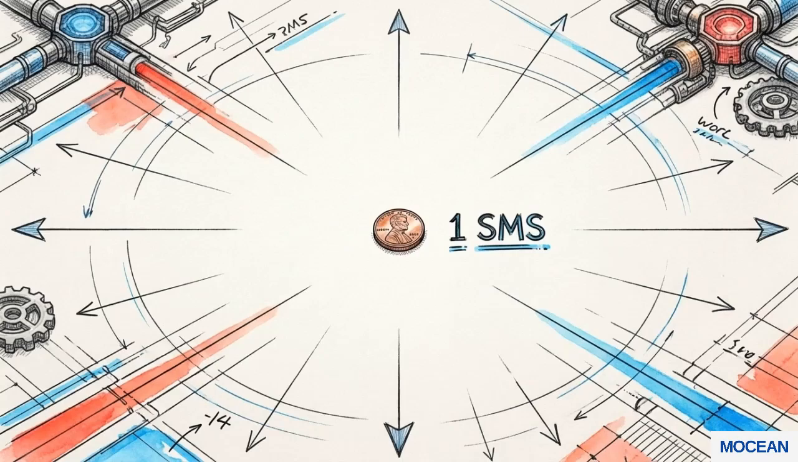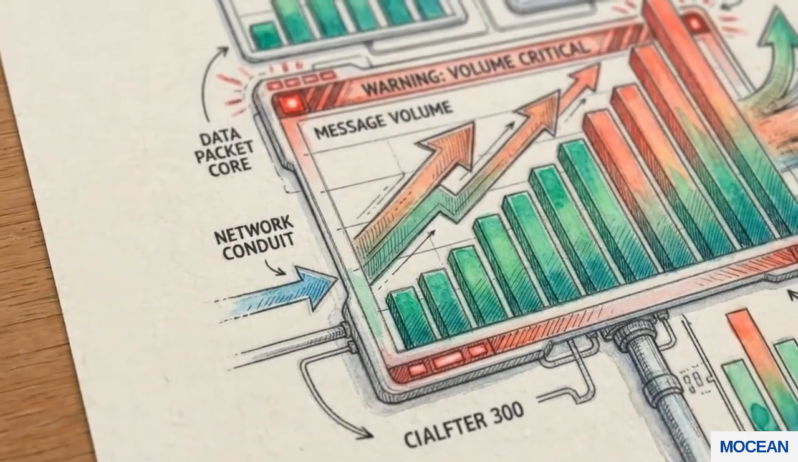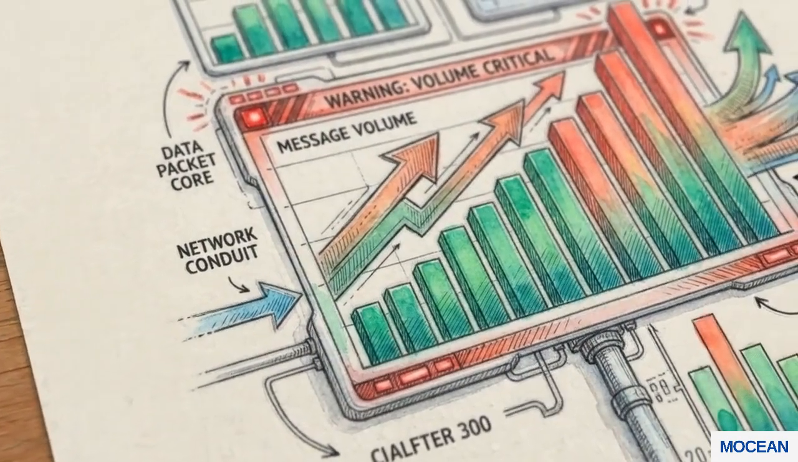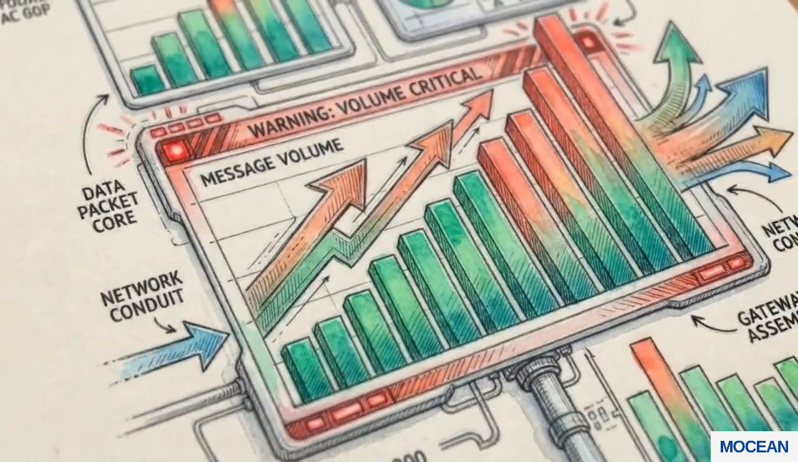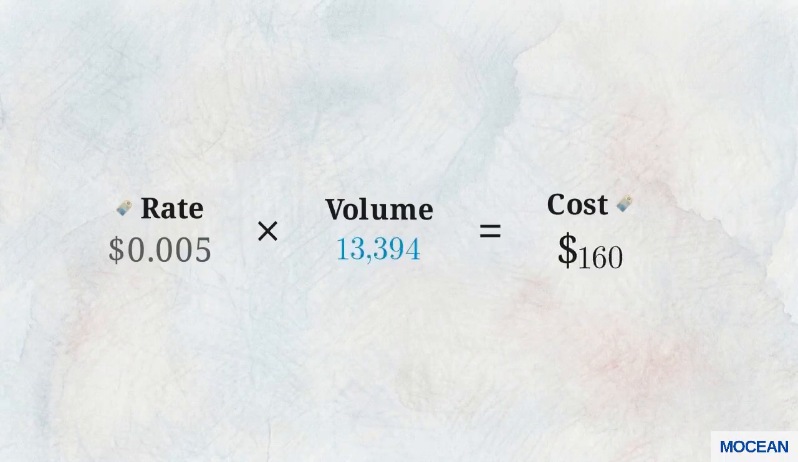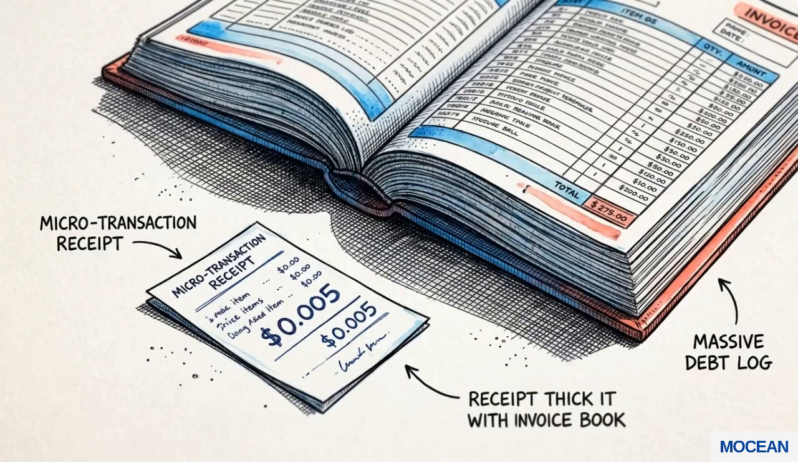A fraction of a cent per message. On paper, scaling your customer communication looks incredibly cheap. But as you push higher volumes, that tiny rate can quietly trigger a budget crisis. When you start hitting 5 or 6 figures a day, the math changes. That advertised base rate is only the starting point, and it rarely reflects what you actually pay at the end